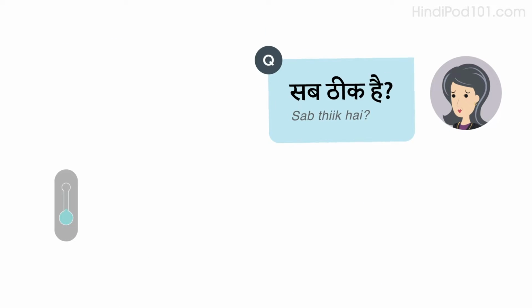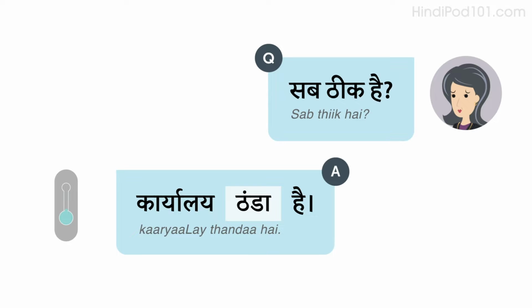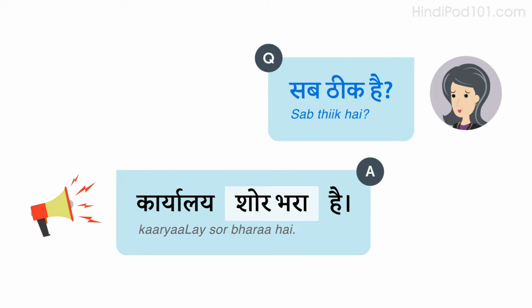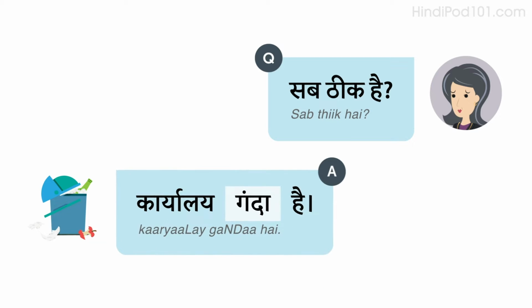Let's look at some examples. Listen and repeat or speak along with the native speakers. सब ठीक है? कार्यालय ठंडा है। सब ठीक है? कार्यालय शोर भरा है। सब ठीक है? कार्यालय गंदा है।